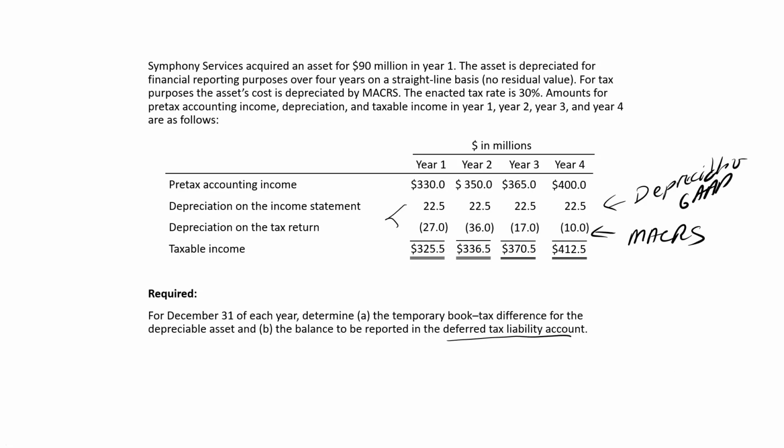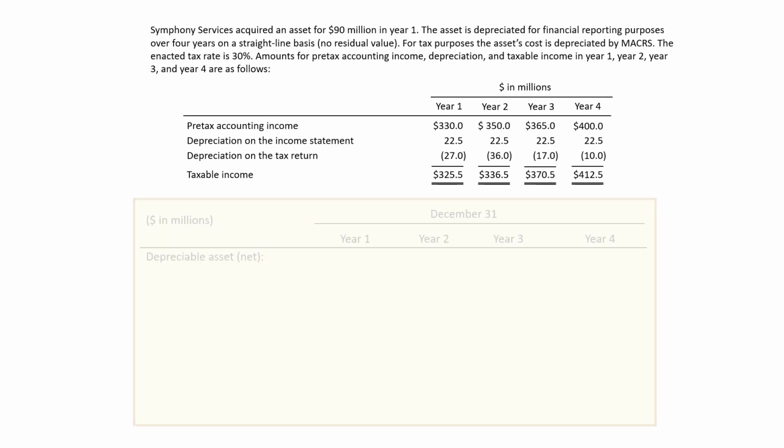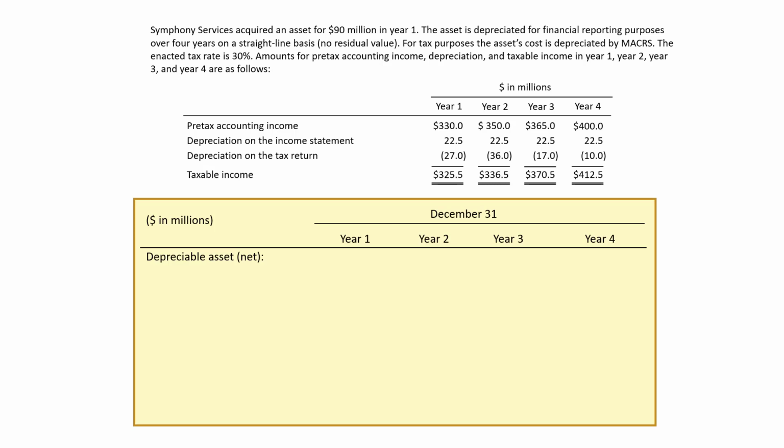Okay, now, so let's work through this. We're going to look at our depreciable asset, its accounting book value. At the beginning, when we first buy it, right, it was $90 million, and our tax basis is also $90 million. The amount of depreciation we're taking for GAAP is $22.5 million, and for tax is $27 million. All right, see where these numbers are? We're pulling those off of